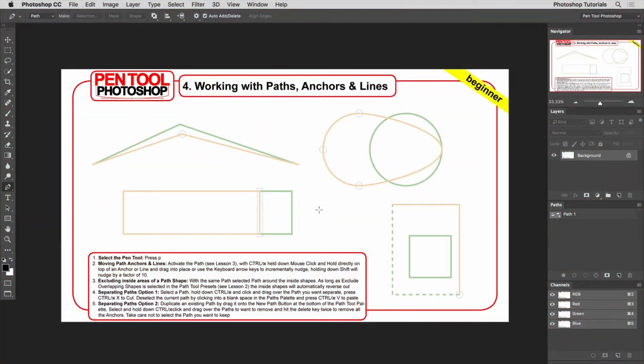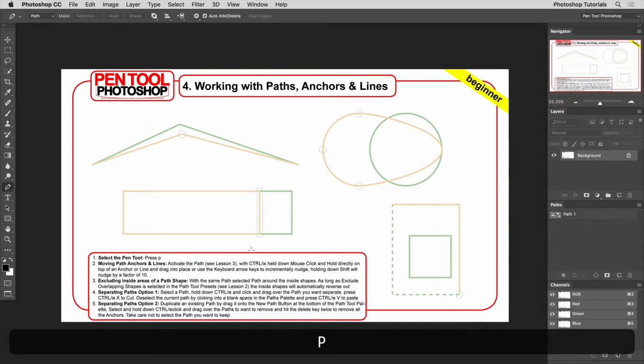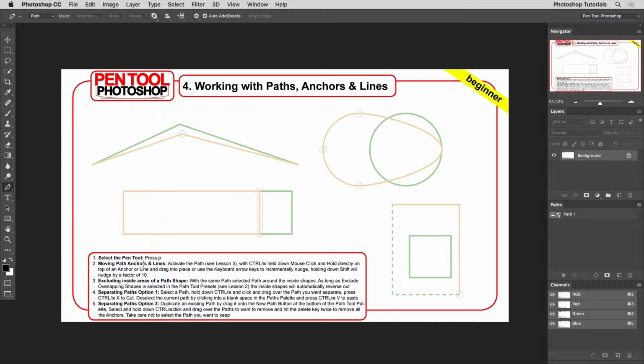Welcome to Pen Tool Photoshop. In this tutorial, we'll cover working with paths, anchors, and lines. Once again, press P. Always press P to start off with, and we'll cover how to move a path, anchors,